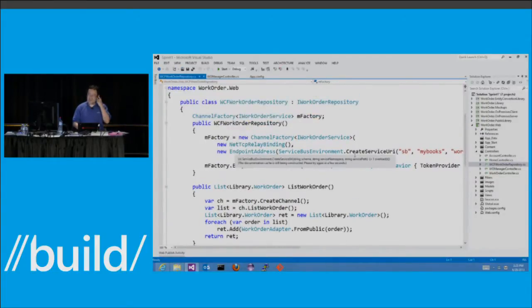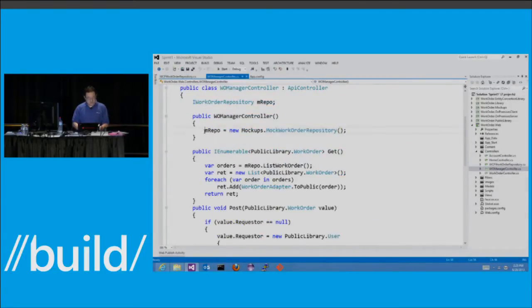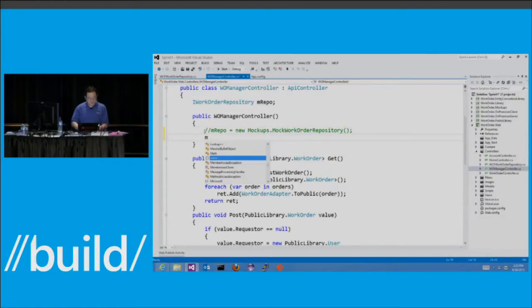So here I'm using a channel factory with my work order service. That's my contract, that's my binding, that's my address, ABC. Everything aligns up. And then I will just go back to my manage controller. Instead of using the mock repo, I will use my actual WCF service order repository. So now my client and server are actually connected.